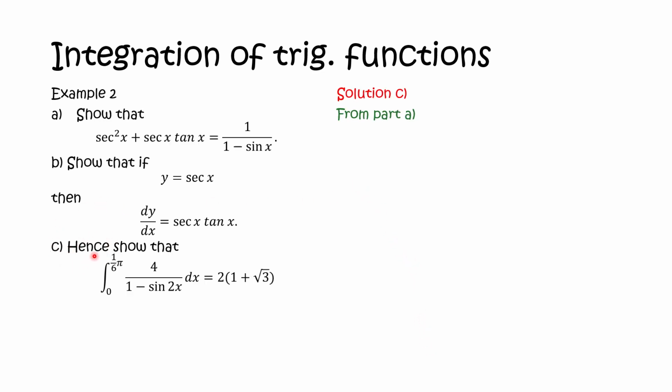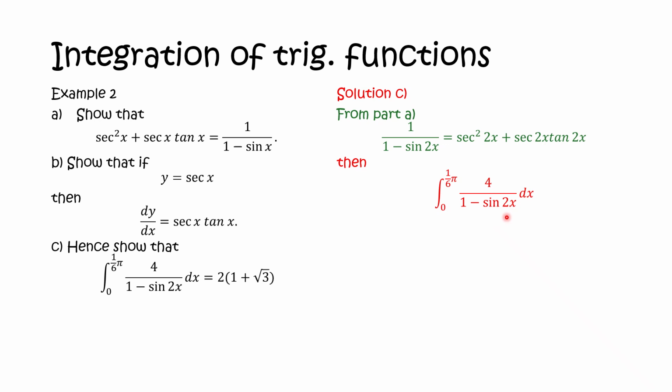Take note, we have the word hence. So hence simply means that we are making use of what we have derived before in the question. So what we derived in A and what we derived in B is going to be of great importance in answering this part of the question. So from part A, we see that we have 1 over 1 minus sine 2x is equivalent to sec squared 2x plus sec 2x tan 2x. Then with that, it means that for us to find the integral from 0 to 1 over 6 pi of